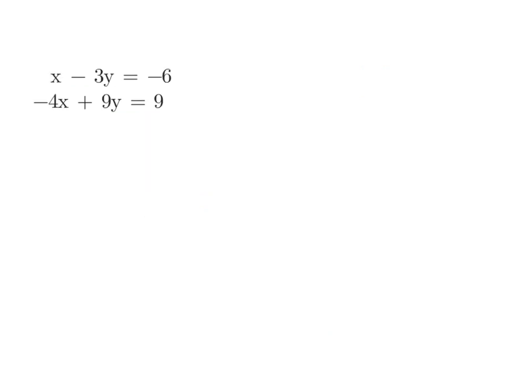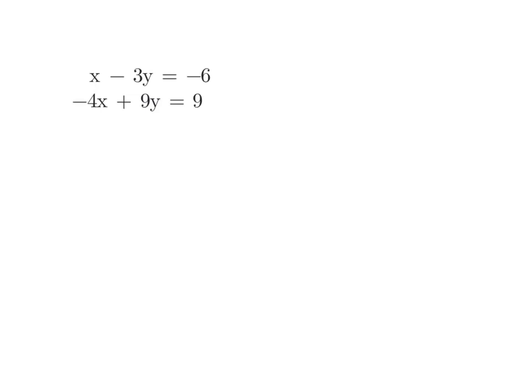All right. Here's the next example. Now notice here that the x's are not going to cancel. This would need to be a what for them to cancel? Positive 4, right? The y's aren't going to cancel. What would this need to be? A minus 9. So typically what we do is we turn the smaller number into the bigger number with the